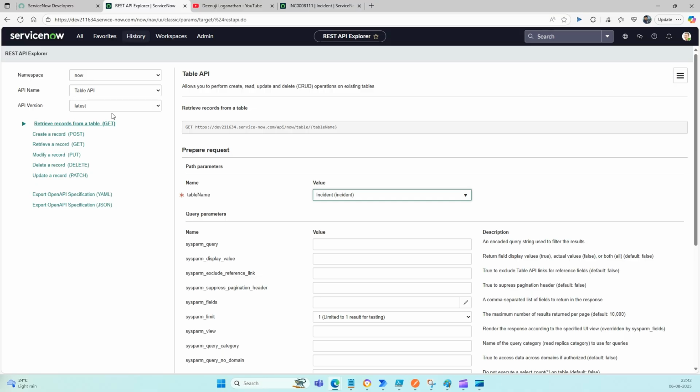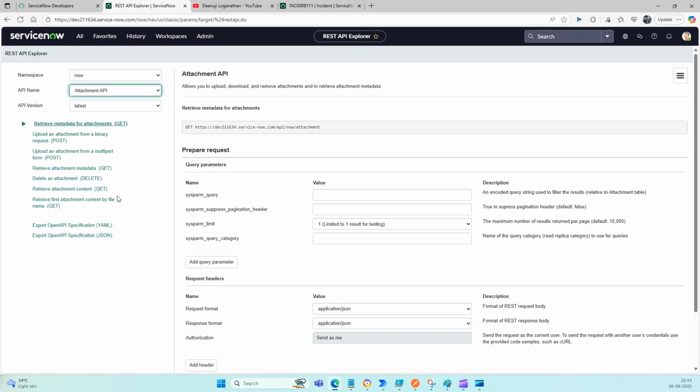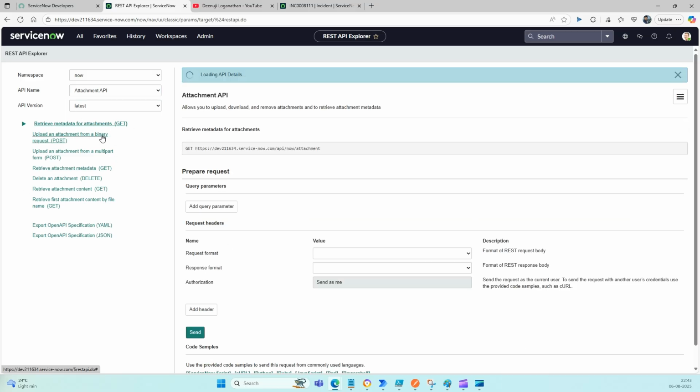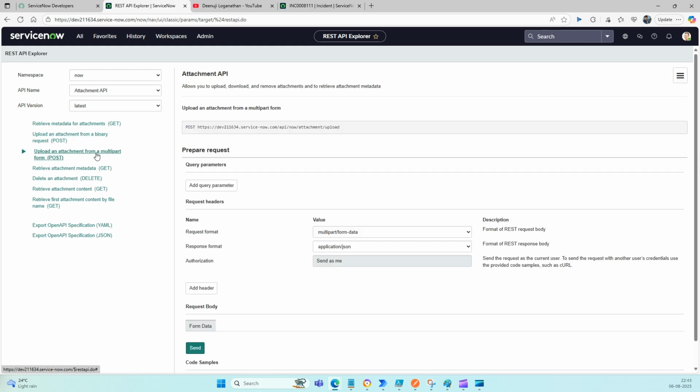So here you can see we have the incident table name. I want to upload an attachment to this incident table. So what I'm doing, I'm just changing to the attachments API. What are the parameters we have to pass here? We have to do the upload. You can see the multiple methods we have on the left hand side. You can see here upload attachment from the binary request or multi-part form. Both are POST only. Let's go with the first one,